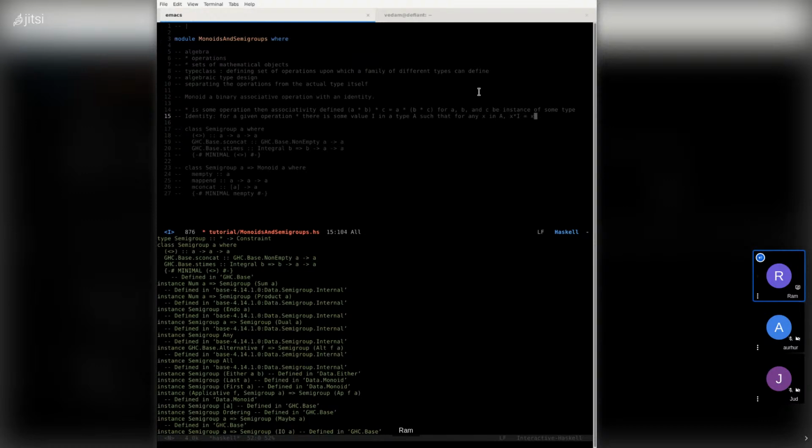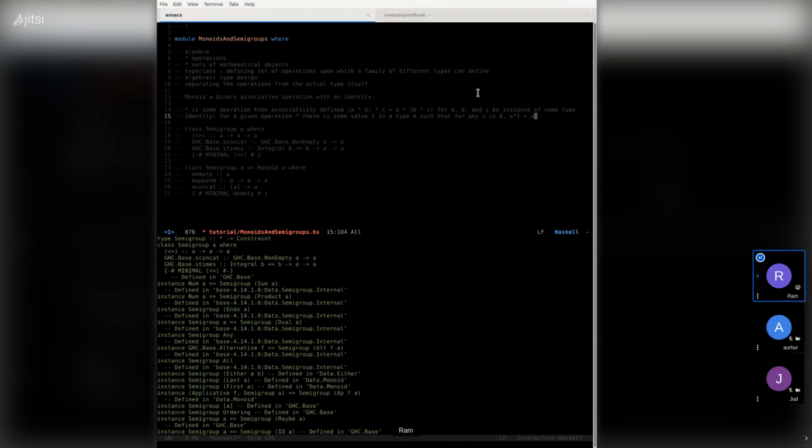That's all that means. Basically, if you apply the function to both this value I and x, you get the x back. You get the other value back, not the identity or some different result.